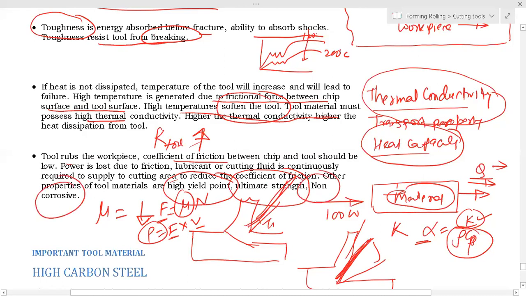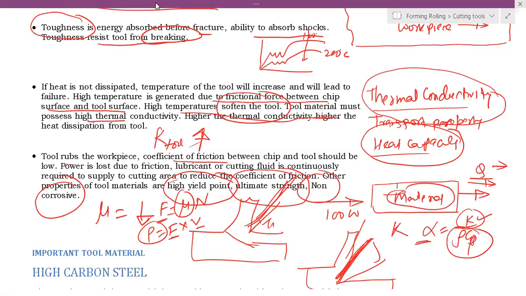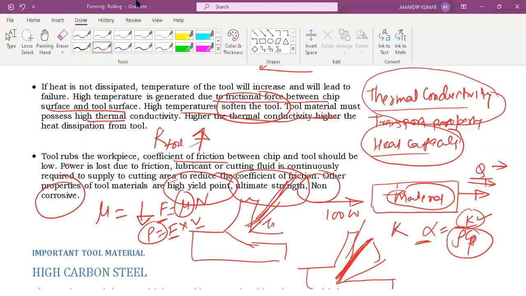Non-corrosive. So basically, whenever tool material property is asked, everything should be very fine, right? No, everything should be very great. Otherwise, how will this tool...